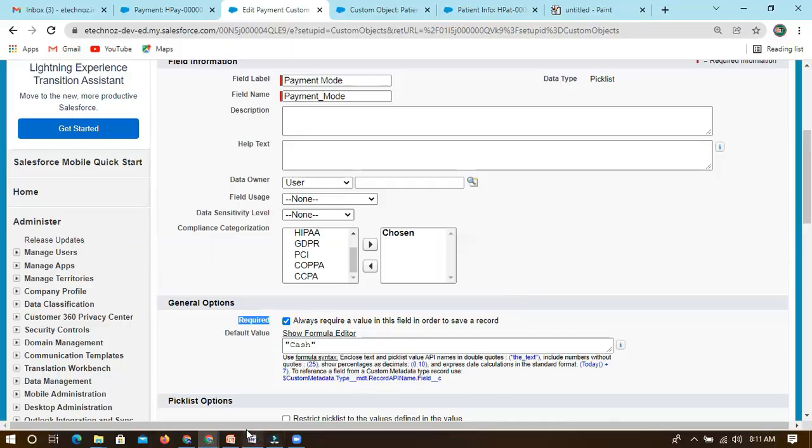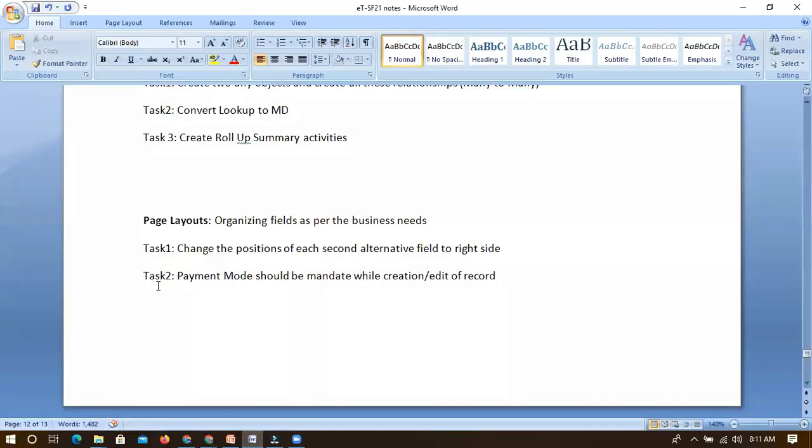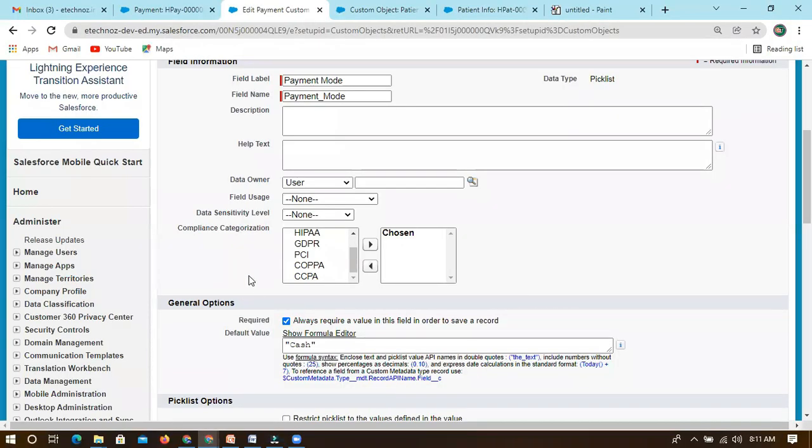But now let's take a user who is using something called a sales admin profile. It can have only limited security and limited features.